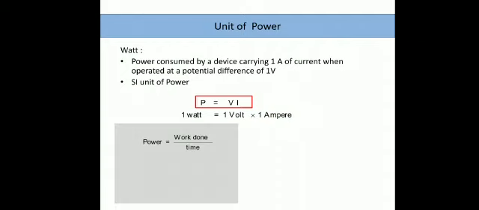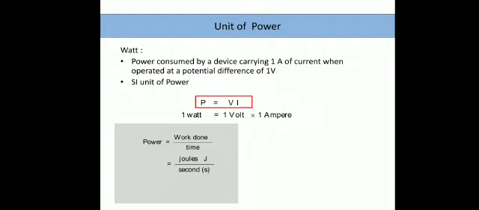Now before getting into the details, I would also like to bring two very important things to your notice. Number one, power has a unit of work done per unit time. Okay, that we have seen in the previous class also and in this class also. Power is nothing but the rate of doing work. That means work done divided by time. Okay, and remember, work done is nothing but equal to energy. So sometimes we calculate work done equal to heat energy dissipated or heat energy used. So work done is nothing but energy. Whenever we do work, energy is consumed. So work done is measured basically in joules and time in seconds.